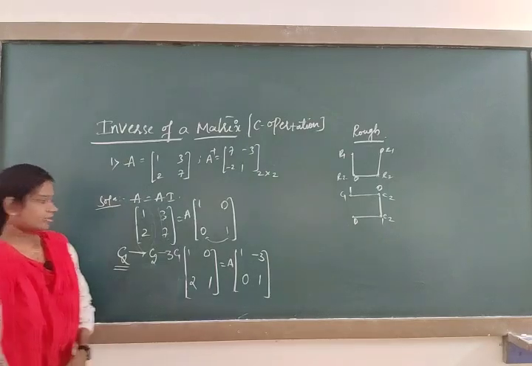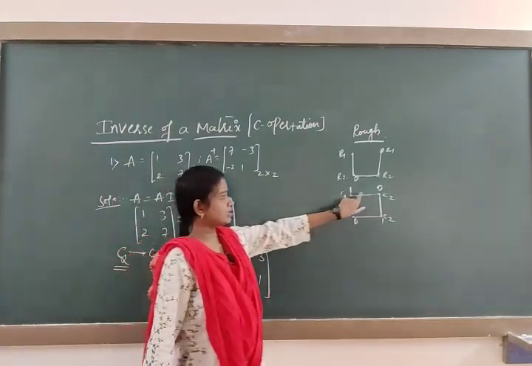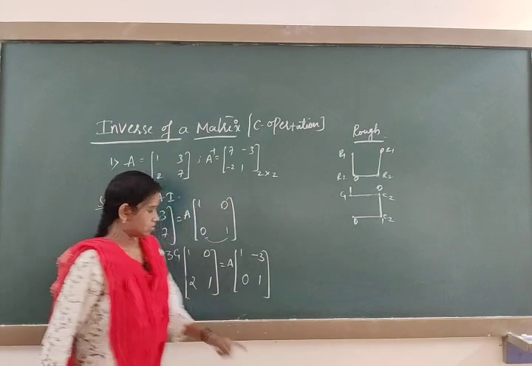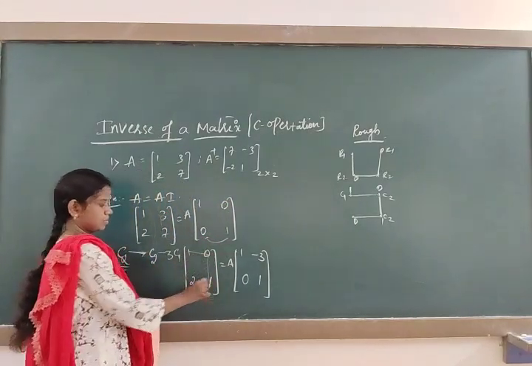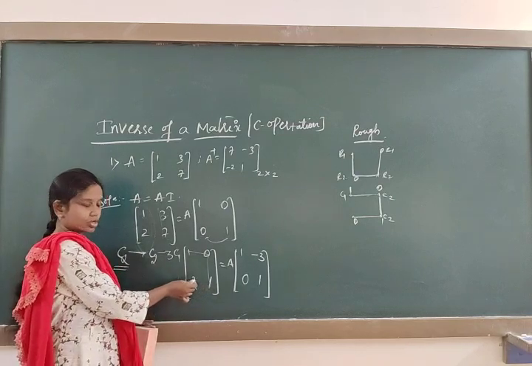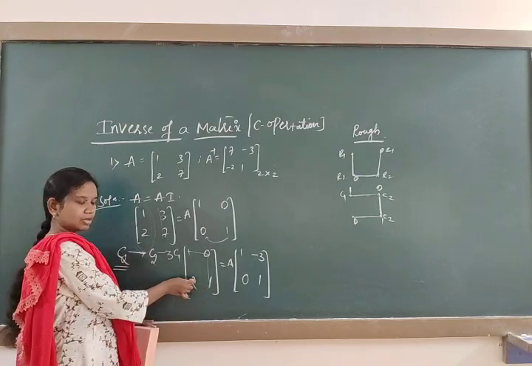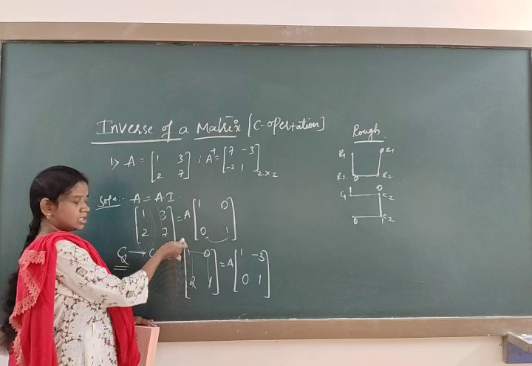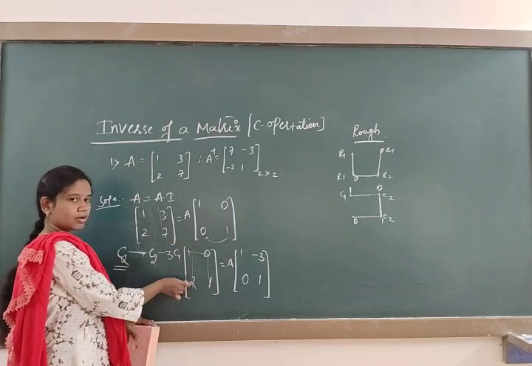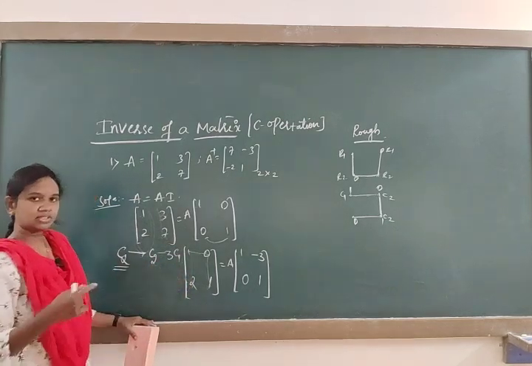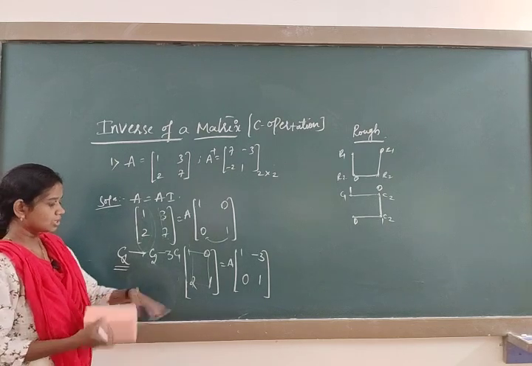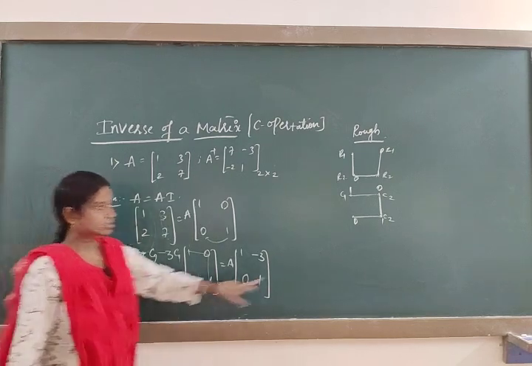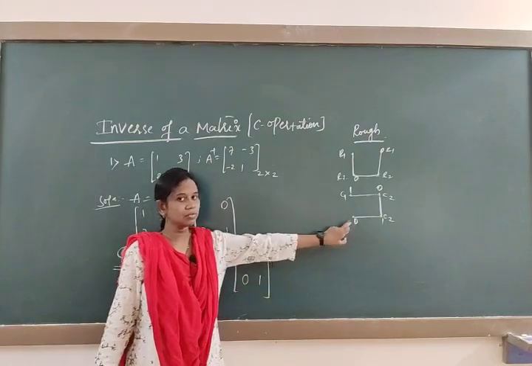Now look at the figure. We have completed the 1 0 1 portion of the diagram. Now we have to come here. To come here, it is present in the C1 column. Therefore, what transformation do we take? C1 changes as C1 minus 2C2. Why? Because it is plus 2, and we have to make this one 0 according to this figure.